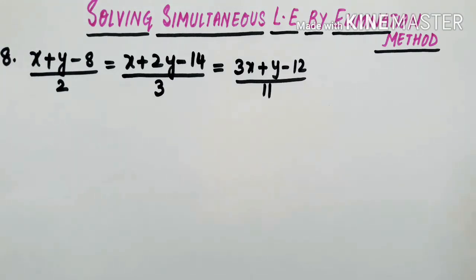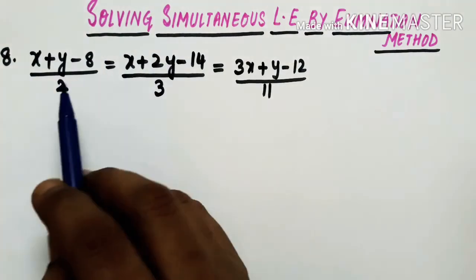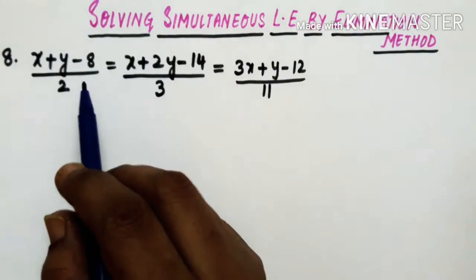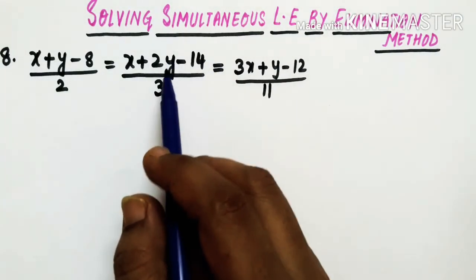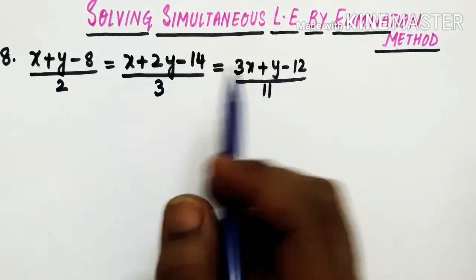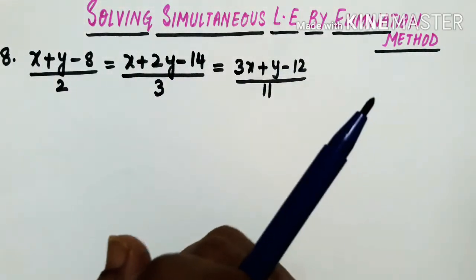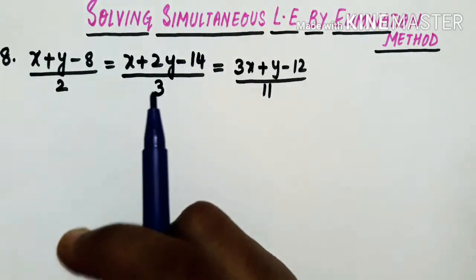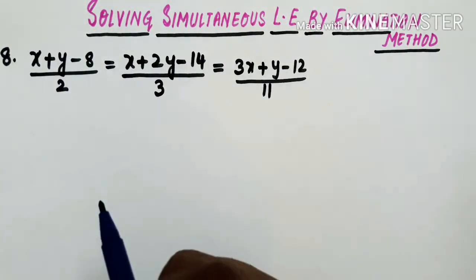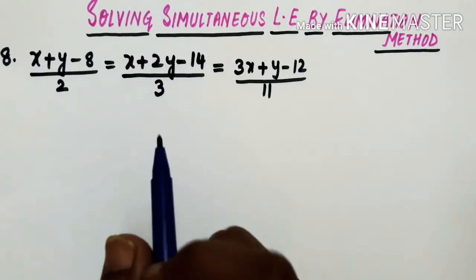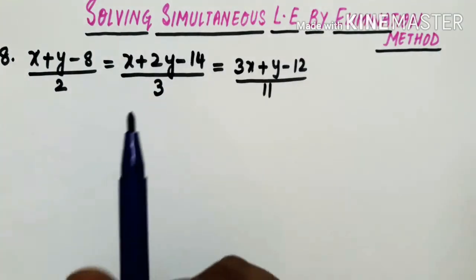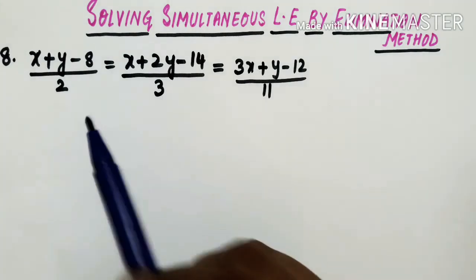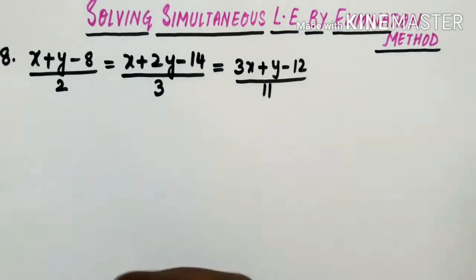Here in the elimination method, I'll show you step by step what we will do. First of all, you need to remember whatever is given. You first need to make the equations. You need to make them in general form. What is the general form of simultaneous linear equations? It is a1x plus b1y plus c1 equals 0, a2x plus b2y plus c2 equals 0. In that form you have to first transpose.